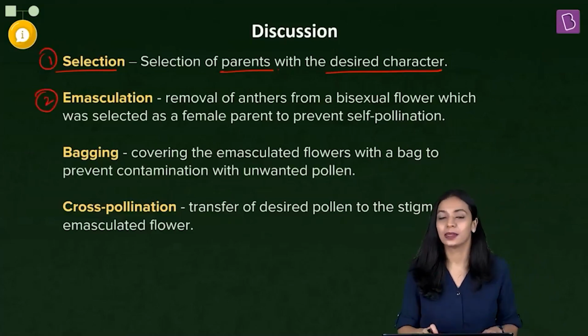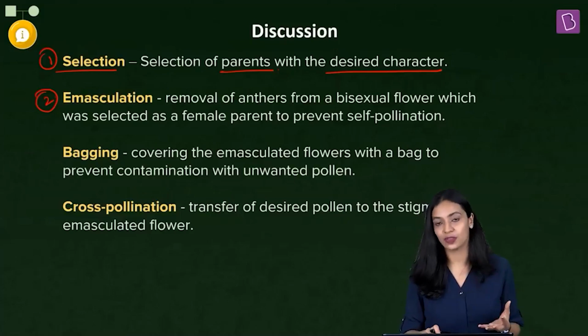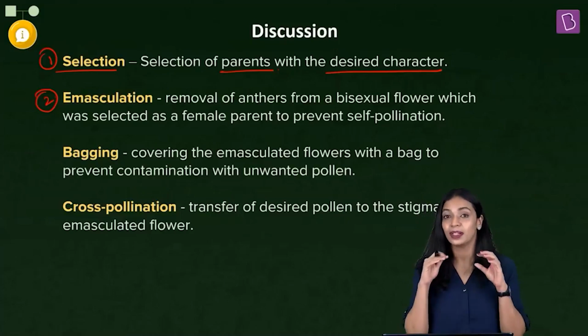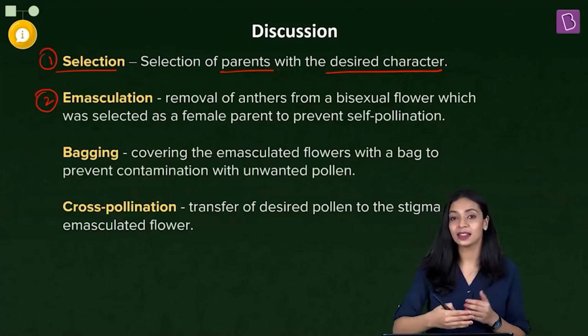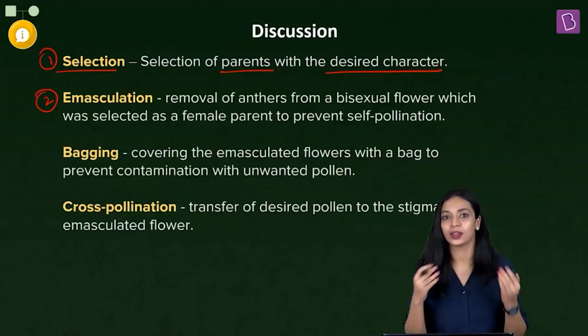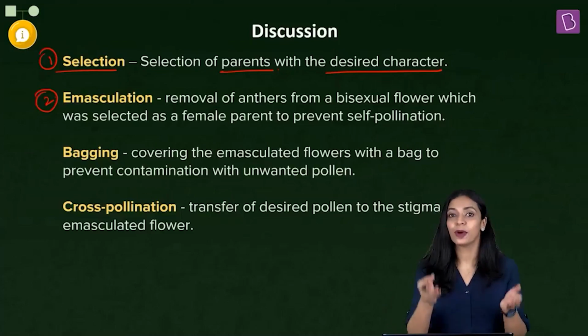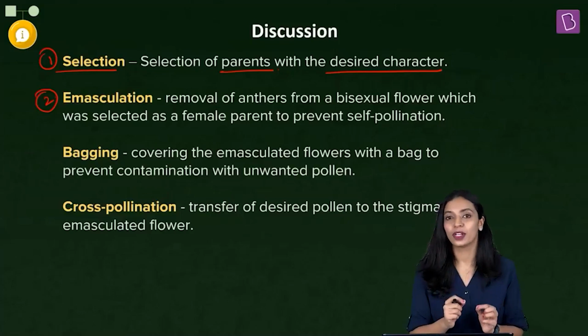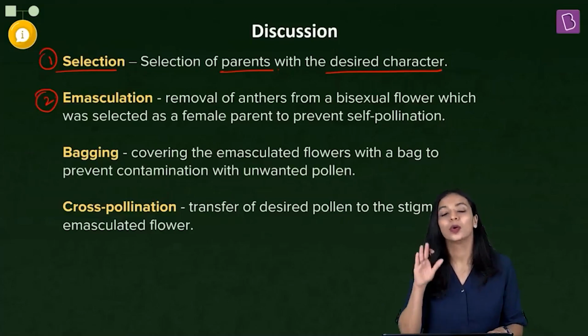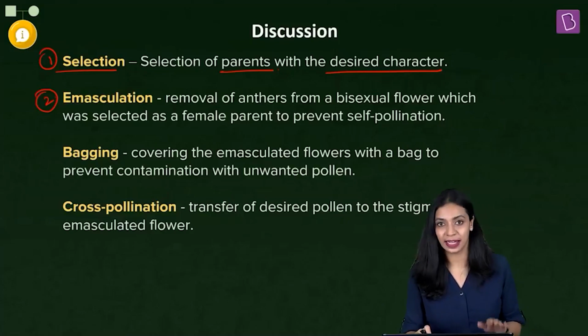Secondly, after selecting the parents, remember pea plants are bisexual. That means they have both the male and the female reproductive organs within each flower, right? So the flower will contain both the stamen as well as the pistil. But Mendel was interested in understanding the inheritance patterns. Therefore, it was important for him to perform cross-pollination in pea plants, okay? Naturally, they undergo self-pollination, but he had to perform cross-pollination. For performing cross-pollination, you designate the plants that are involved in the cross, the two parent plants. One is designated as the male and the other one is designated as the female.